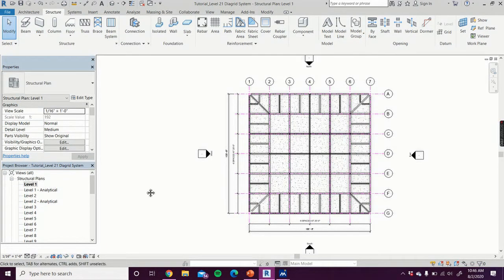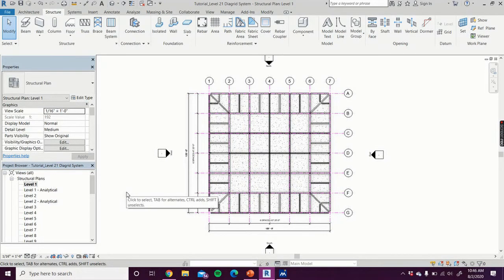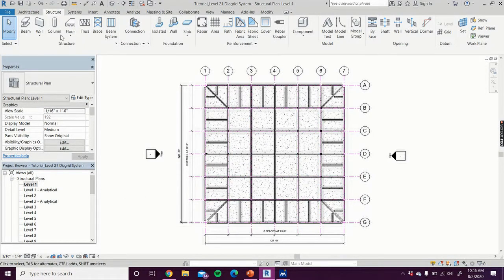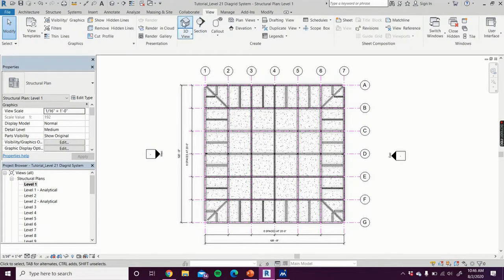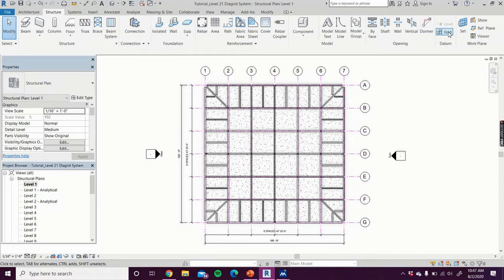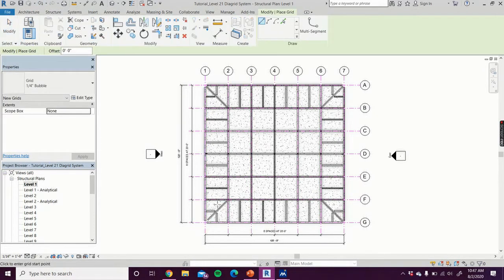We're going to go to level 1, and we're going to start with something that kind of goes against what we did in the first video about grid lines, but we're going to add more grid lines. I didn't add them in the first video because the group that's doing the straight columns doesn't really need to add more, but for this group I think it'll just help you a lot, make it easier. So we're going to go to structure, grid,